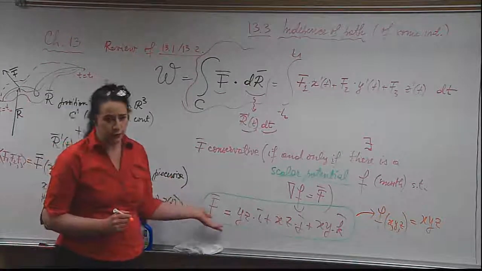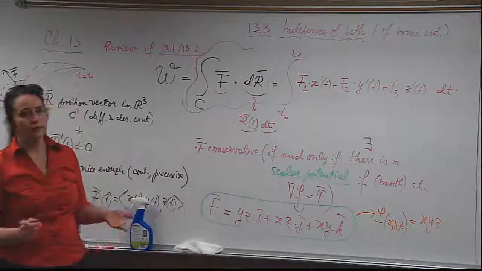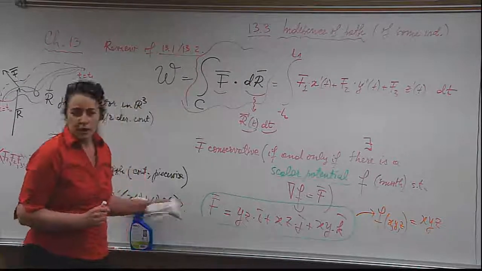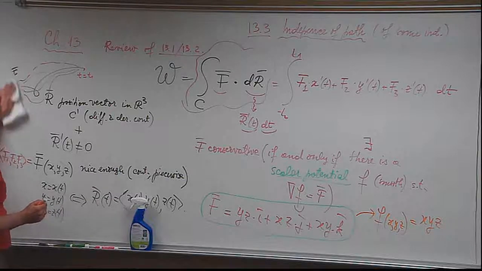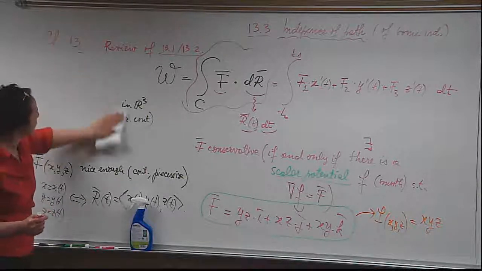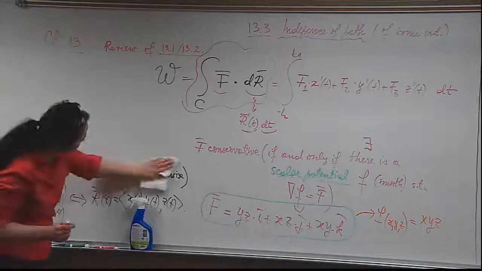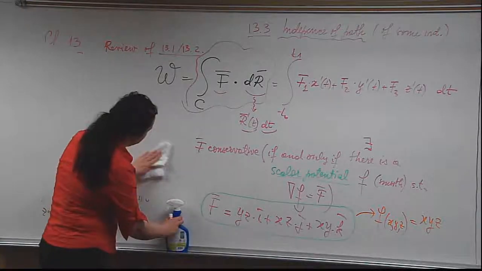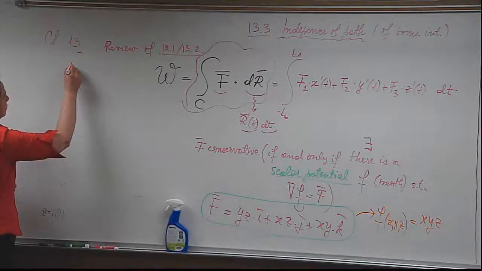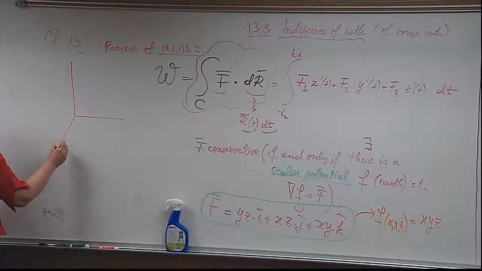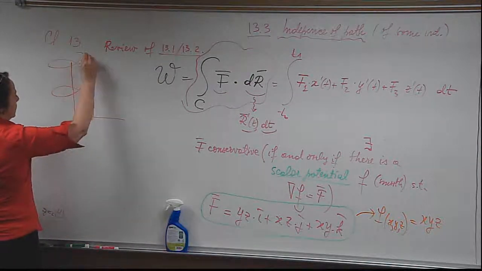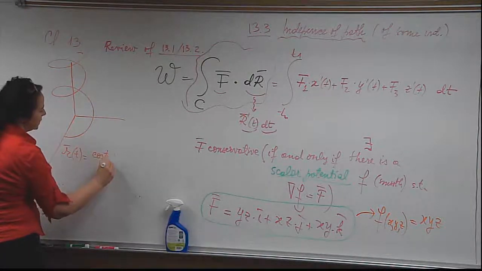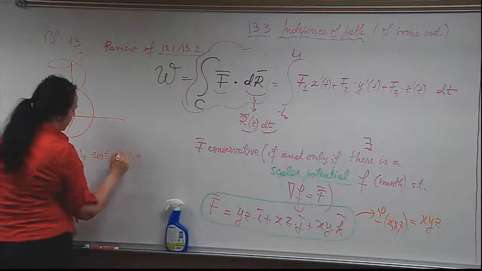Assume this is your force field acting on a particle that's moving on a curve in space, and it's stubborn, and it decides to move on a helix. I don't know what kind of particle would move on a helix, but suppose it's not a particle, it's just a little train or a drunken bug or something, and you are moving on a helix. Now, suppose that helix will be r of t equals cosine t, sine t, and t,